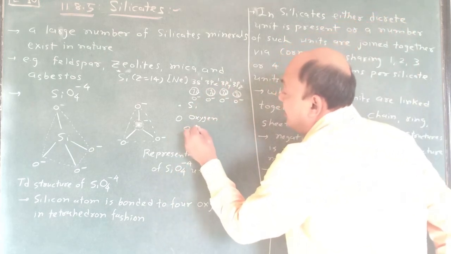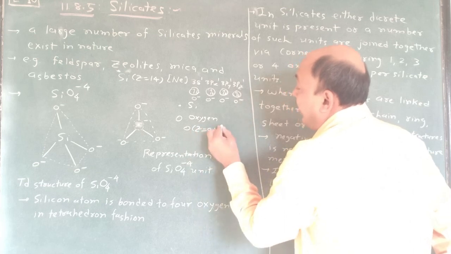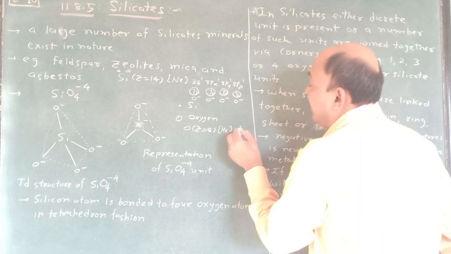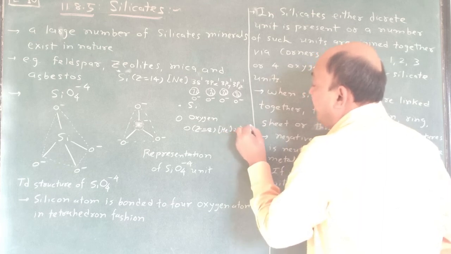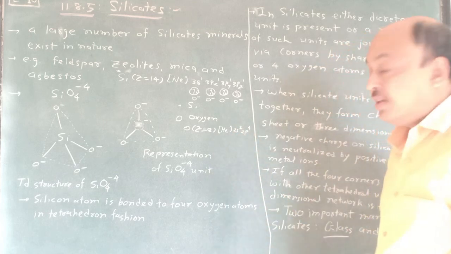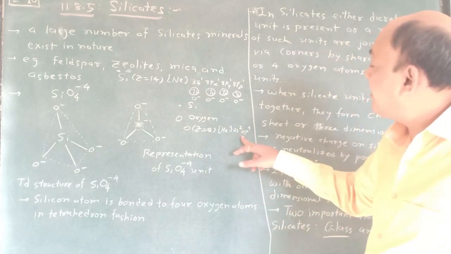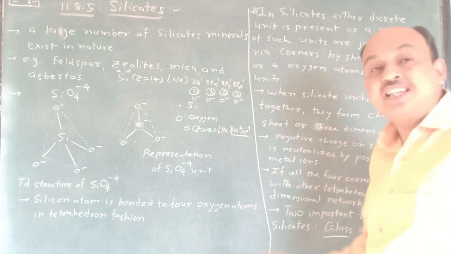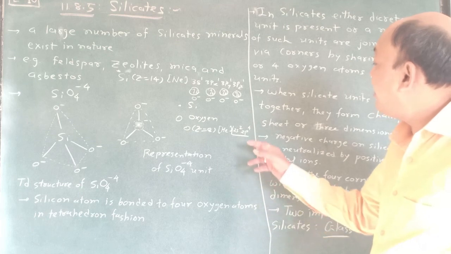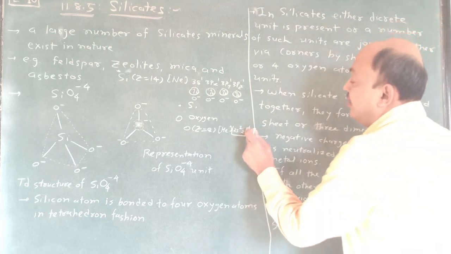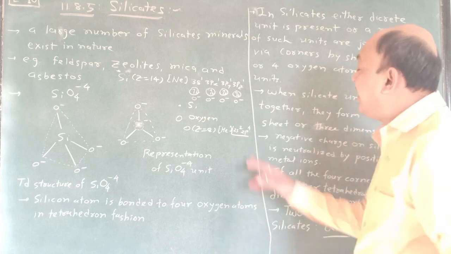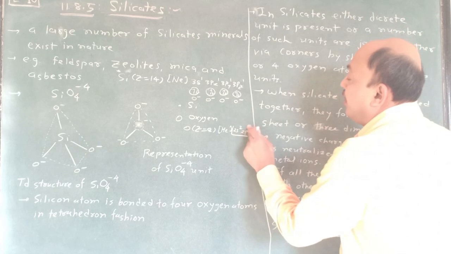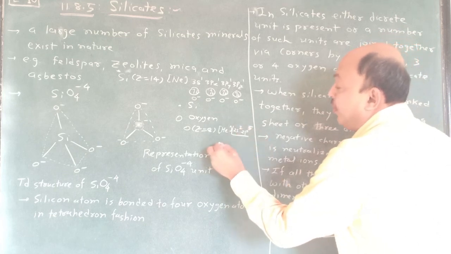Suppose I write oxygen, Z is equal to 8. It is nothing but He core 2s2, and here 2p4. The outermost orbital possesses 2s2 and 2p4, so the valency is 6. But suppose one electron is added, so here 4 plus 2 is there, and that means it is electron enriched. So 2p5 is there, and it becomes O minus.